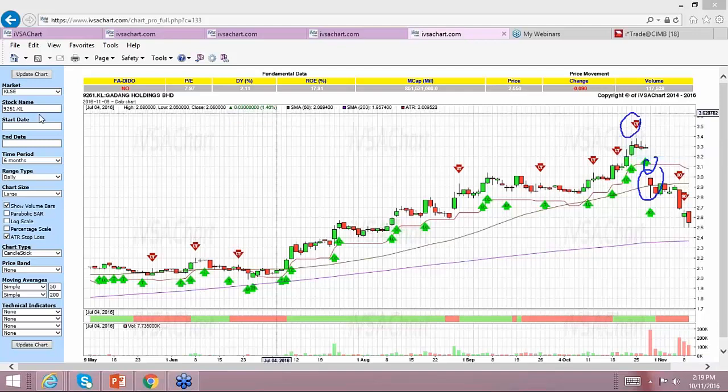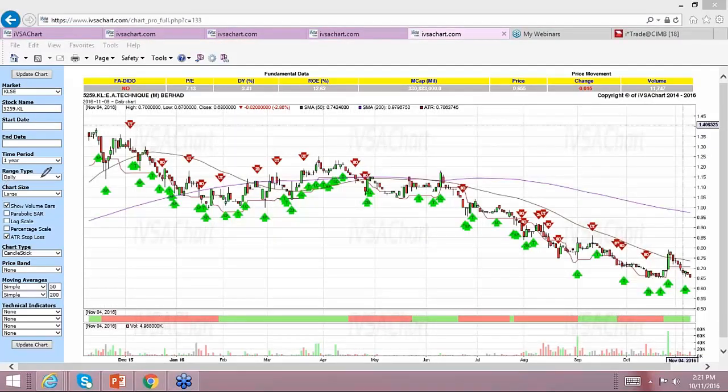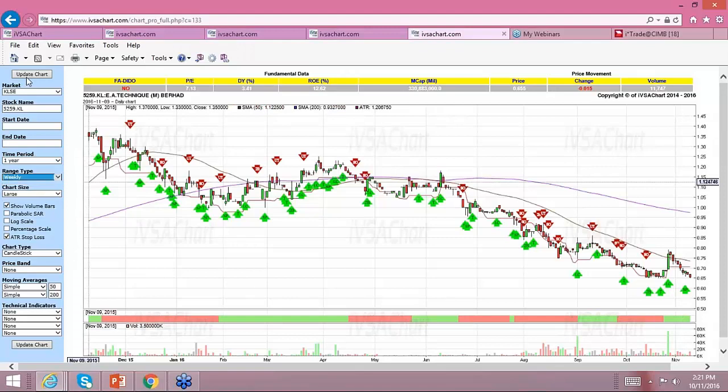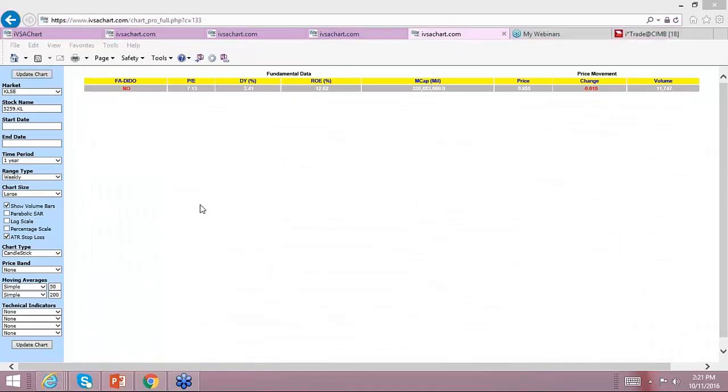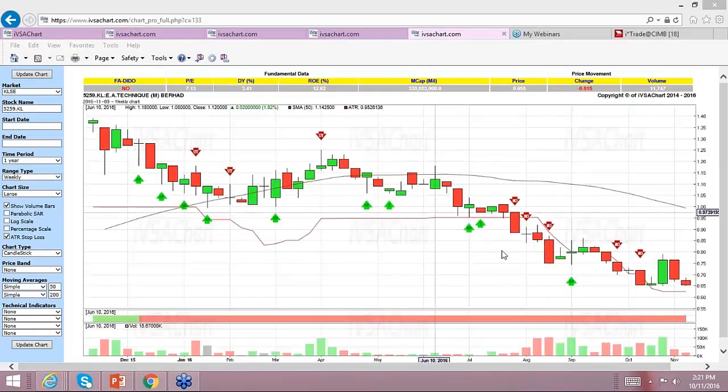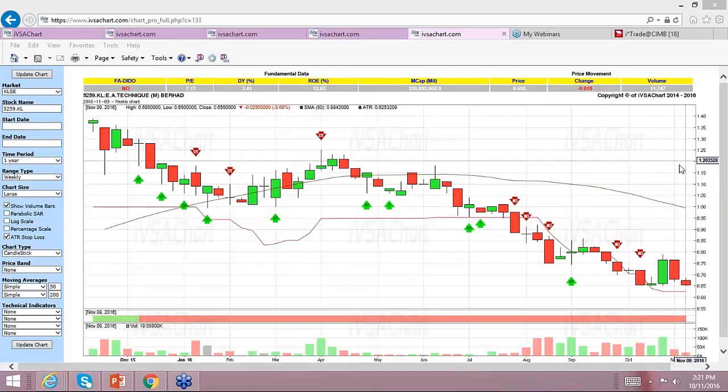Okay, let's look at the E.A Tech. I will go to the 1 year to let you see clearer, and I will also go to the weekly to see a longer view. Now this has been a very long downtrend for months. Usually after a downtrend, we want to see a level of accumulation. The longer the accumulation, the better, because after the accumulation comes in, it builds a strong base.